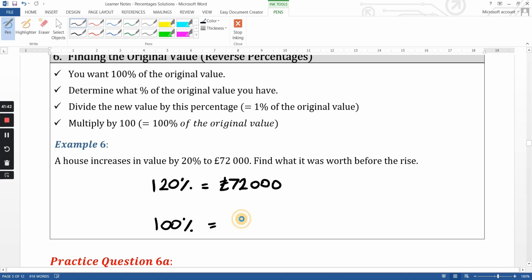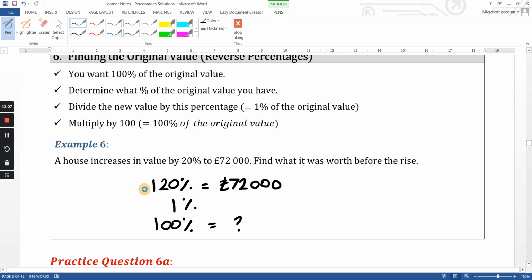The original, which we don't know. So how do you get from this to this? Well, you can't do takeaway. You'll have to use something very similar to how you do ratio and proportion. How do you get from one value to another? I'm going to do a step in between. That's why I've left a gap here. So I'm going to work out